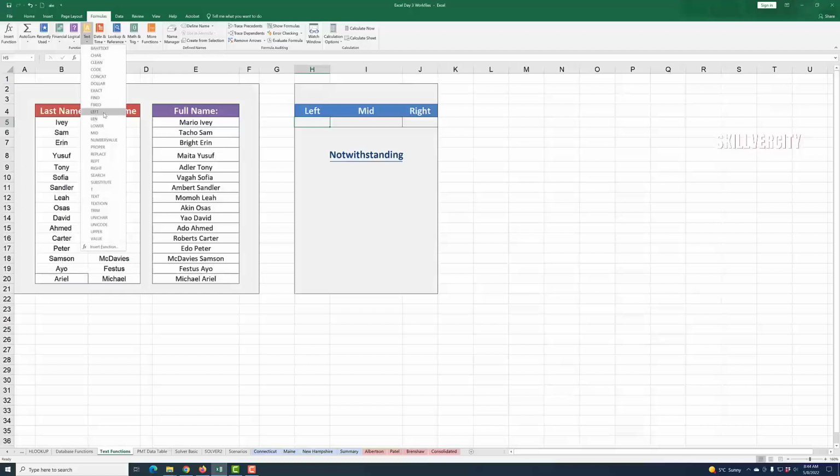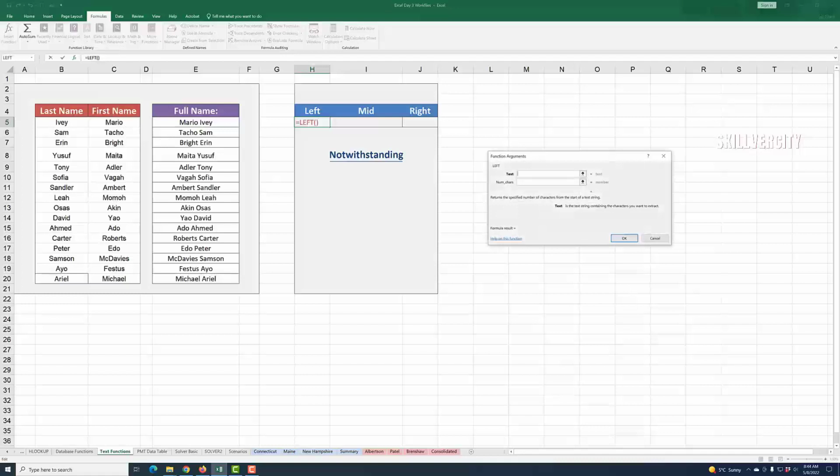If I click on LEFT, now it's going to ask me where is the text that I'm trying to separate. The text that I'm trying to separate is right here, this notwithstanding. Where is it? It's in I8, I believe. So if we click on that, it's in I8. And then